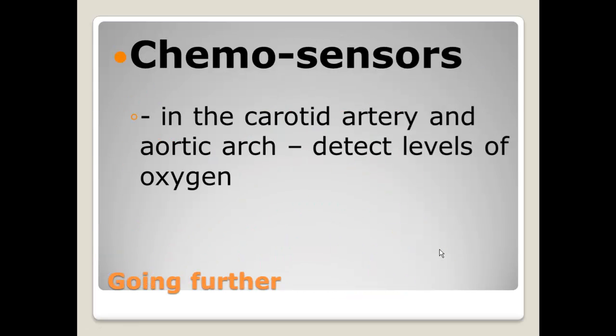Secondary to the primary setting rate for the medulla oblongata is oxygen levels. So this is a secondary, not the primary thing that the medulla oblongata uses. This is second to carbon dioxide and the hydrogen ions. It is chemoreceptors in the carotid artery and the aortic arch that sense the levels of oxygen. So the amount of oxygen in your blood does not set your breathing rate. It is the amount of the waste gas, carbon